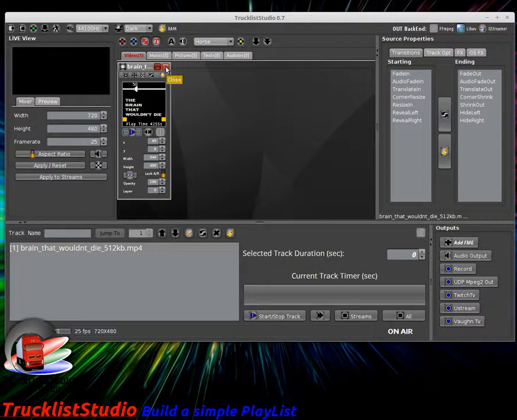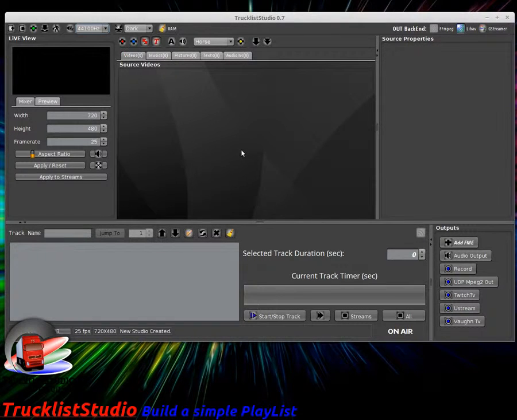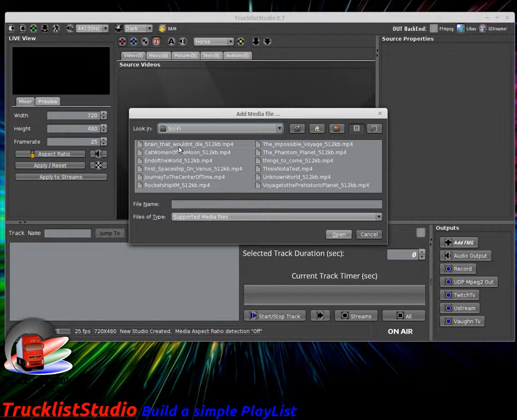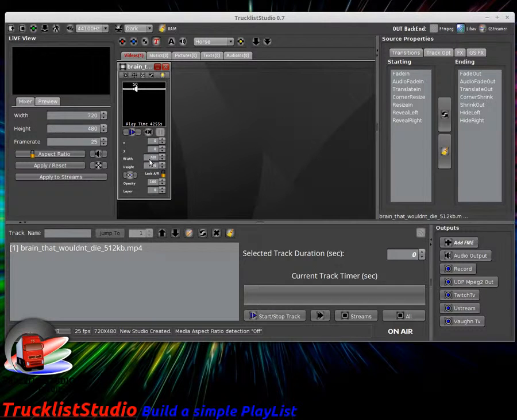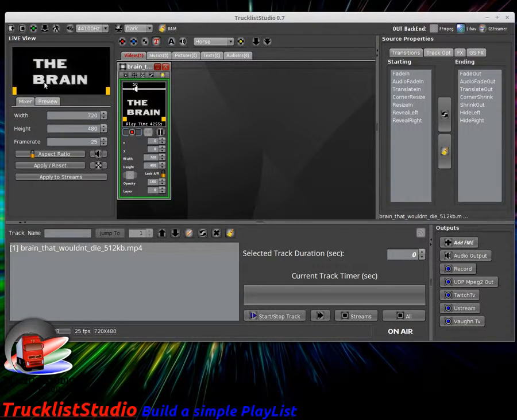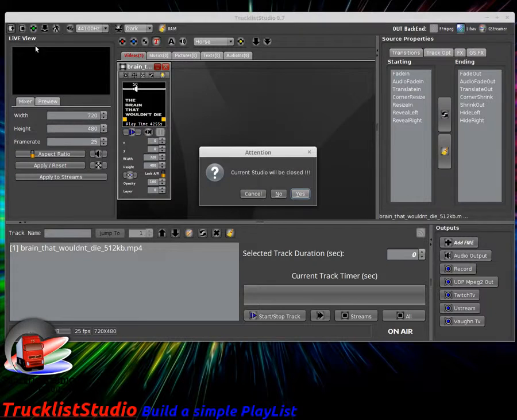If I clear the sessions and deactivate the aspect ratio, adding the same movie will ignore the aspect ratio of the video, and so if you play it, the image will be stretched to fit the whole screen. Well, that said,